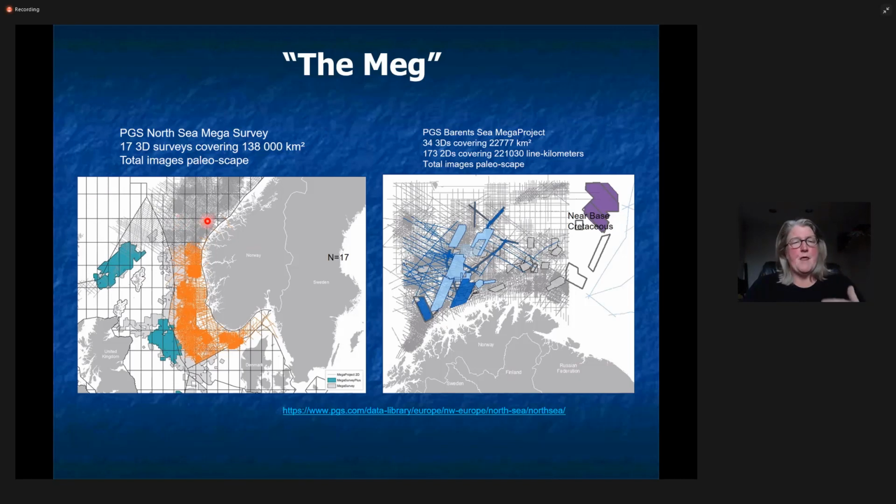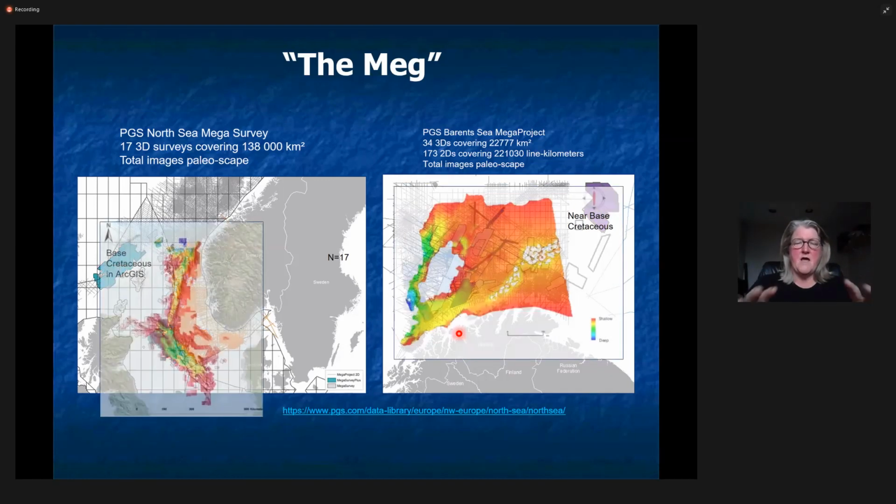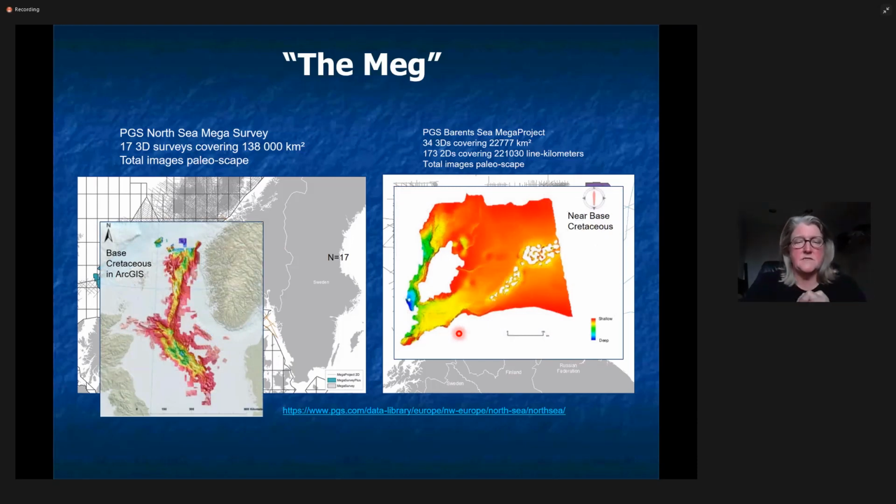shown on the left is 17 3D surveys covering 138,000 square kilometers. And then look at the massive 2D that's come together. The PGS Barents Sea mega project is 34 3D seismic surveys covering almost 23,000 square kilometers, along with 173 2D surveys. So the ability to merge these surveys together into mega surveys enables us to map the paleo landscapes like never